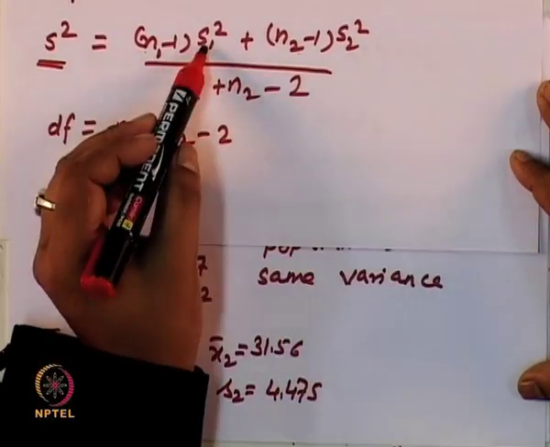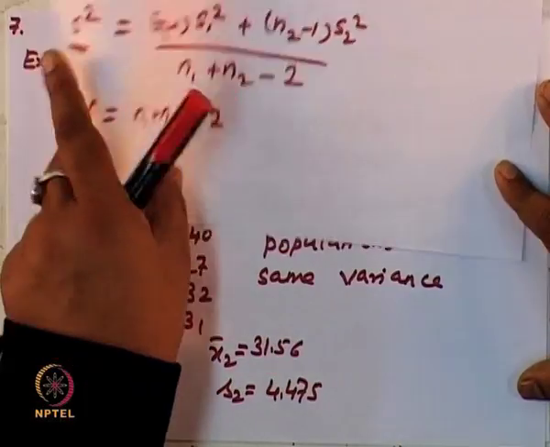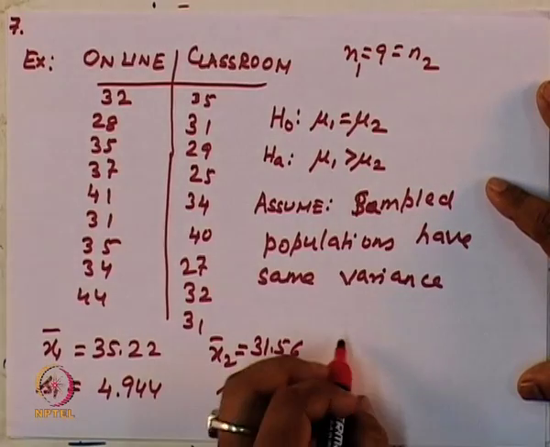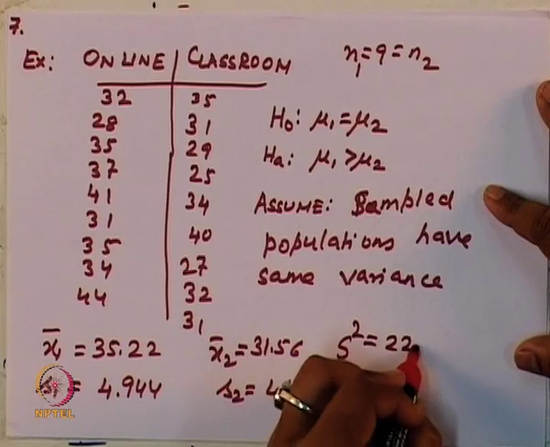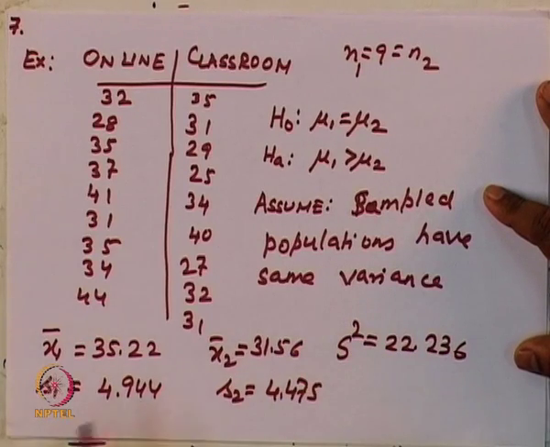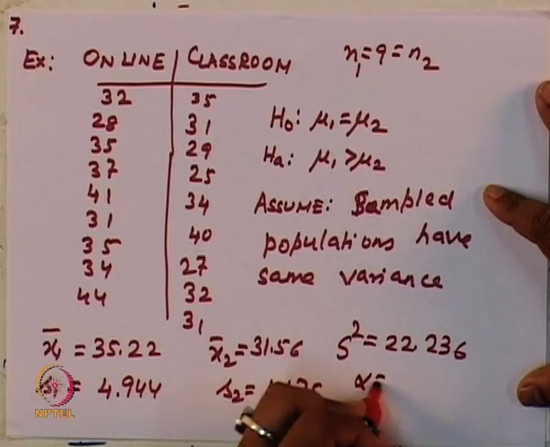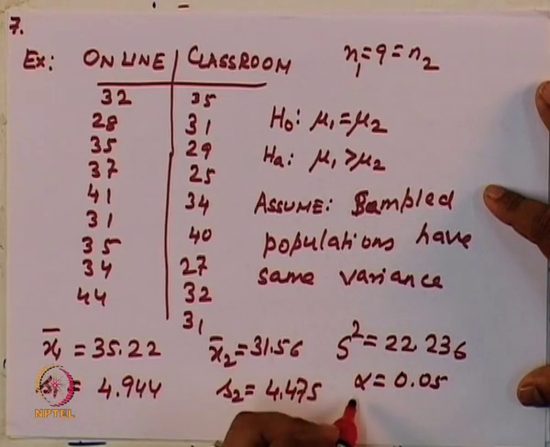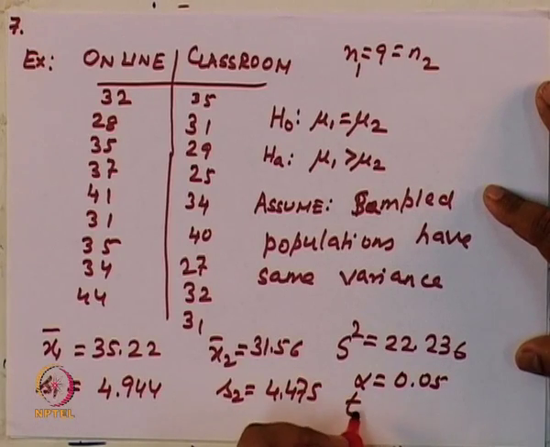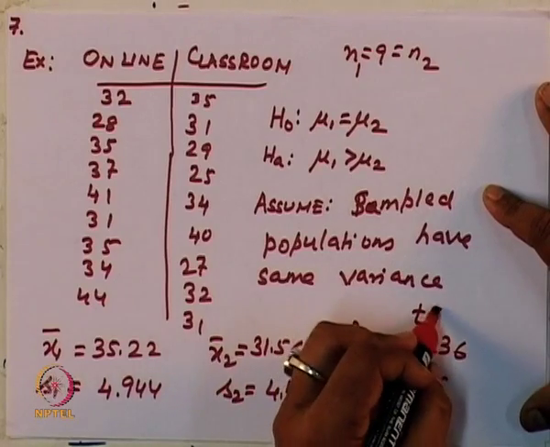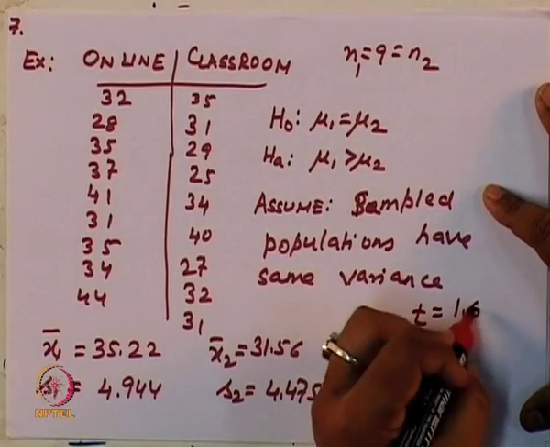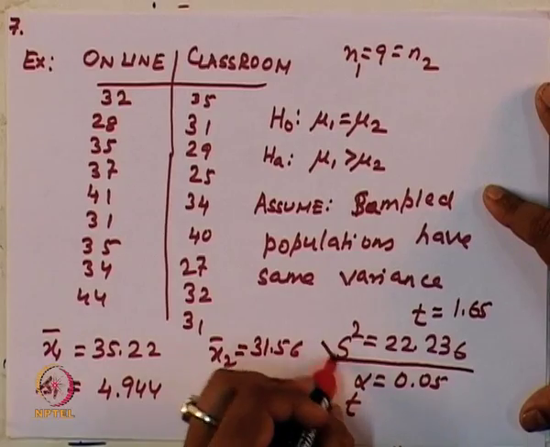You have calculated S1 and S2, so you want to calculate S. So, using this expression you will get S square equal to 22.236, and T is 1.65. So, this is what you calculate,